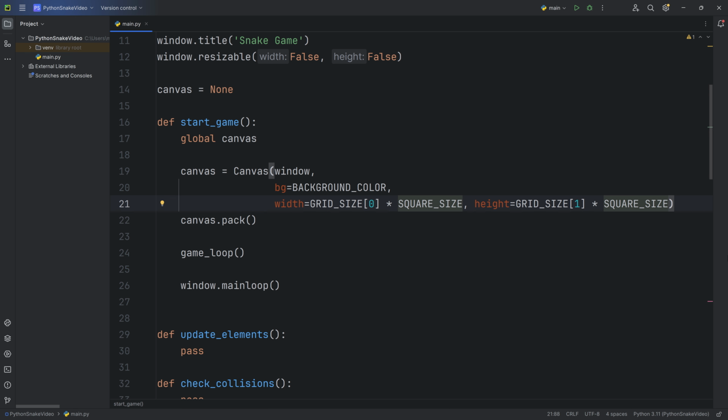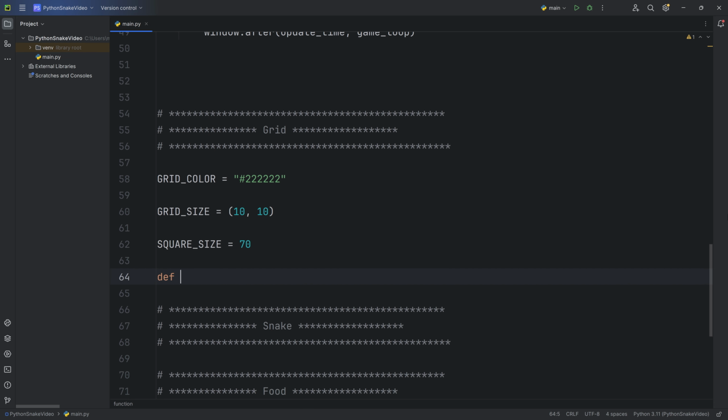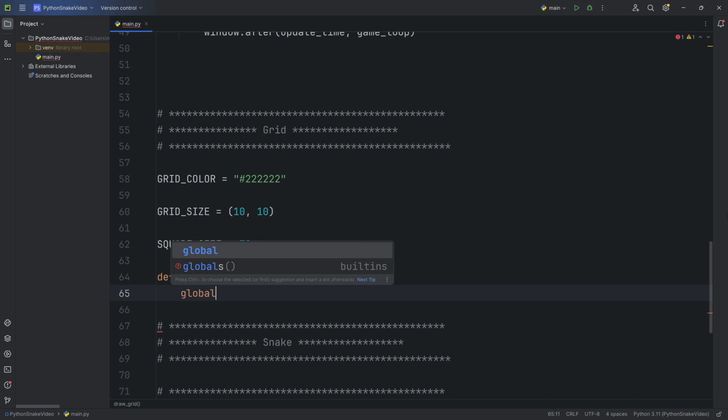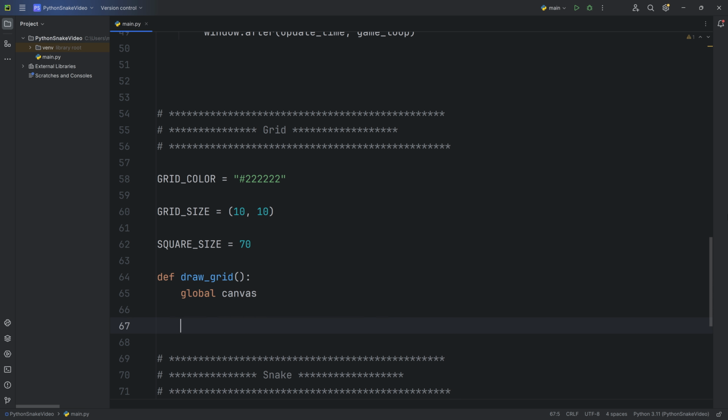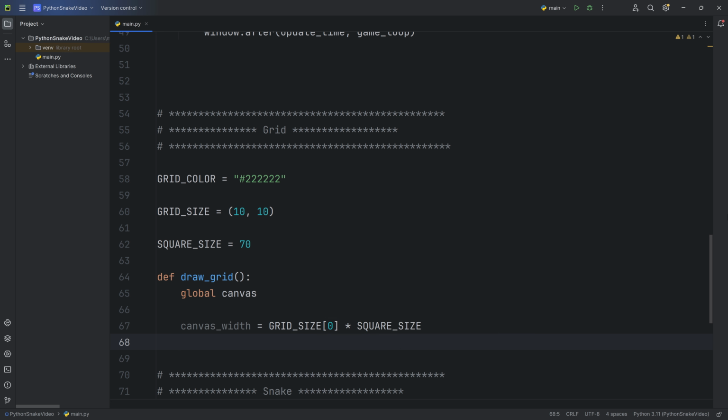Now to draw the grid, we define a drawGrid function. Define drawGrid, global canvas, and define 2 helper variables: canvas width equals grid size of 0 times square size, and canvas height equals grid size of 1 times square size.